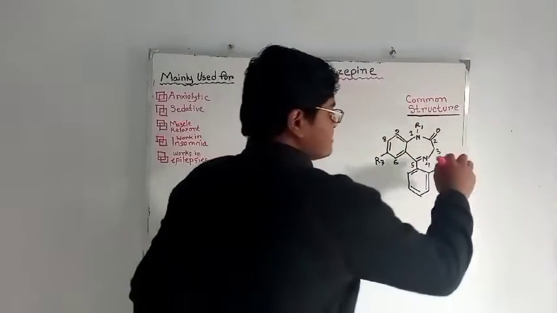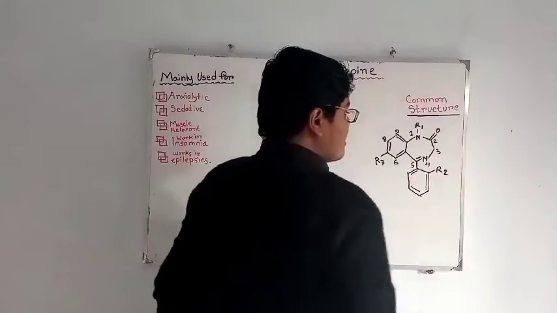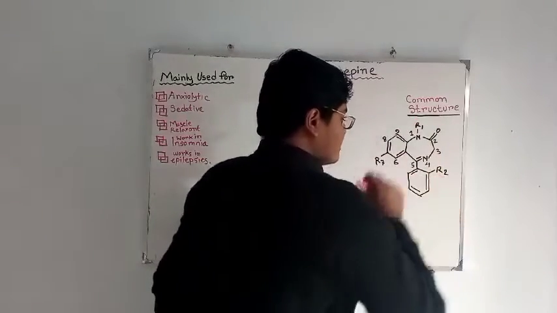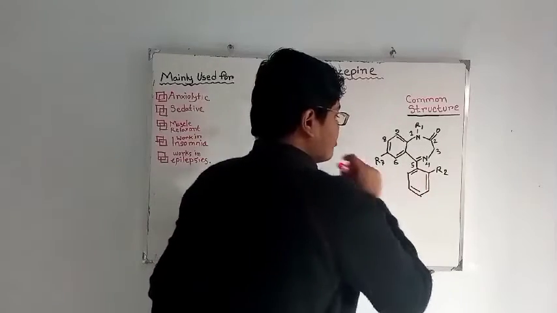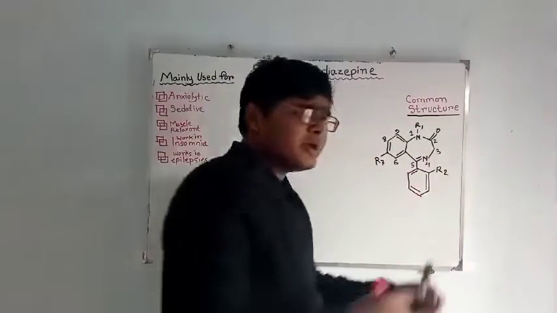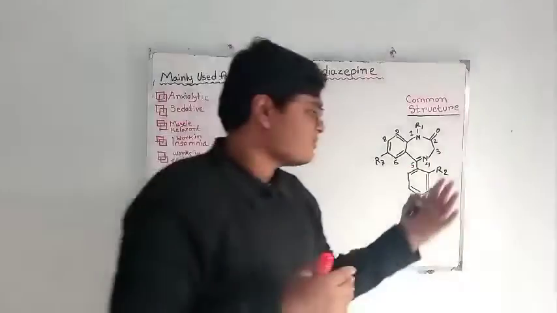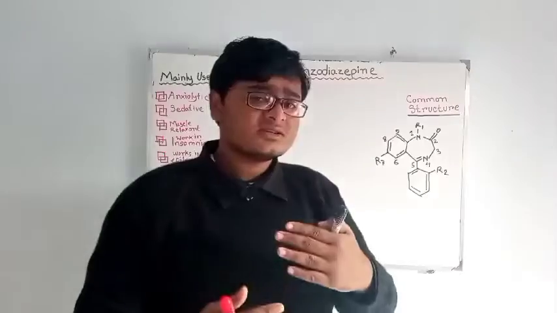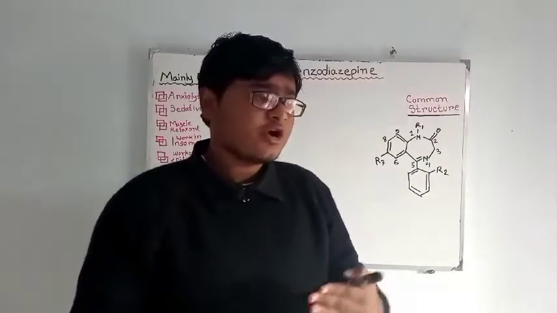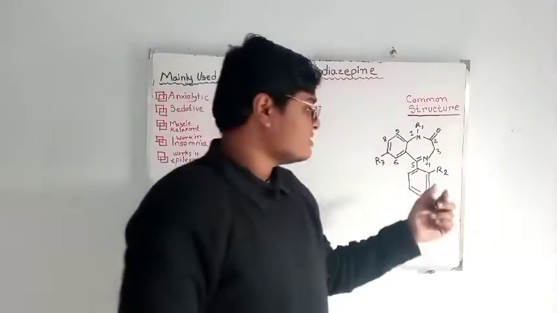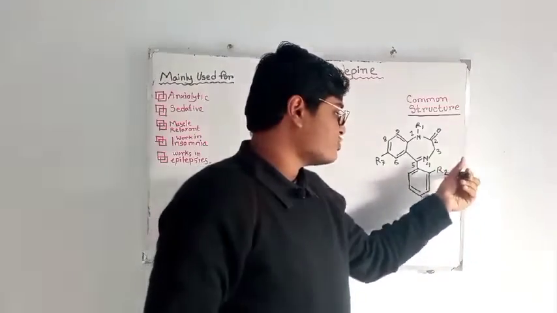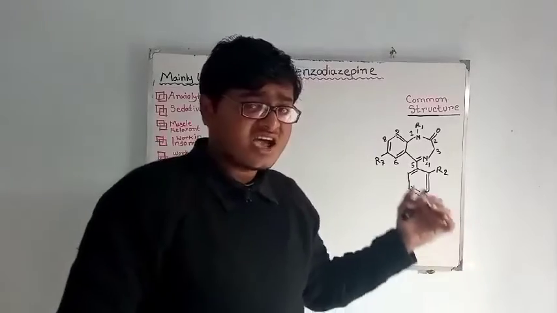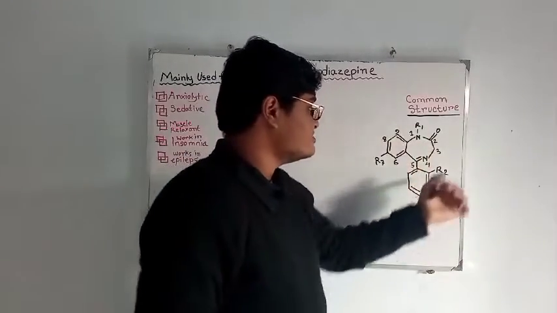You can attach a hydroxyl group here, or a methyl group here. You can attach a chlorine group here, an electronegative group. By changing the shape of this common structure of benzodiazepine, you can get better pharmacological actions in other derivatives. If you attach the chlorine group here, this is the electronegative group, and it enhances the action of this benzodiazepine